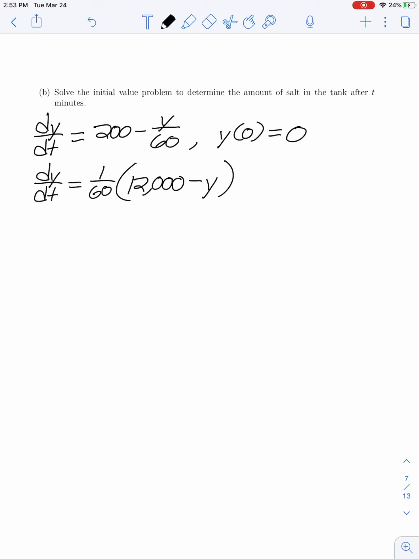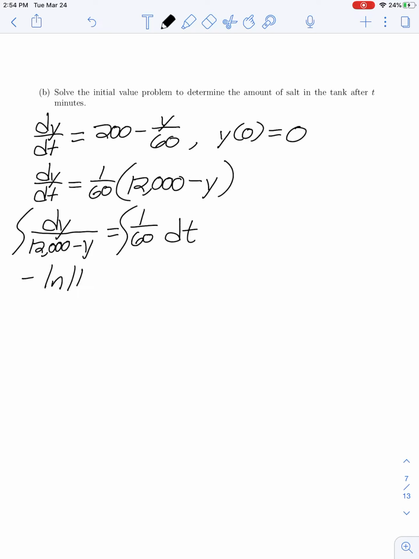So if I want to solve this differential equation, I could make use of separation of variables. If I were to put everything with the variable y on my left-hand side, I would have dy over (12,000 minus y) is equal to 1 over 60 dt. So once I've separated my variables y and t, I can now integrate on both sides. And on the left-hand side, I'll have the negative natural log of the absolute value of